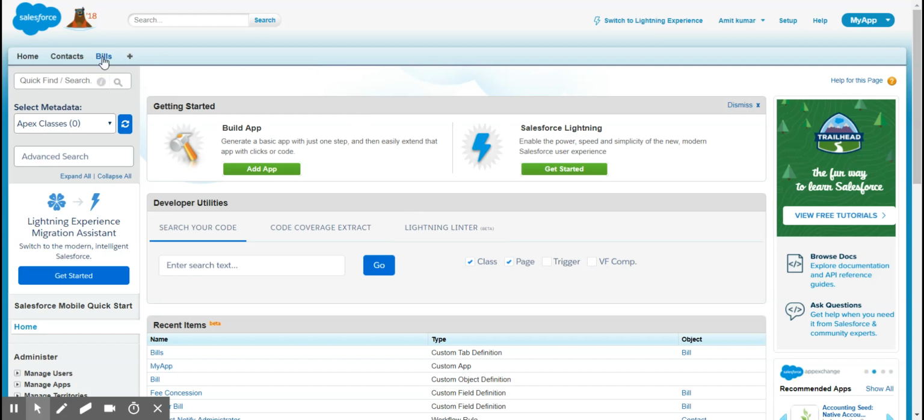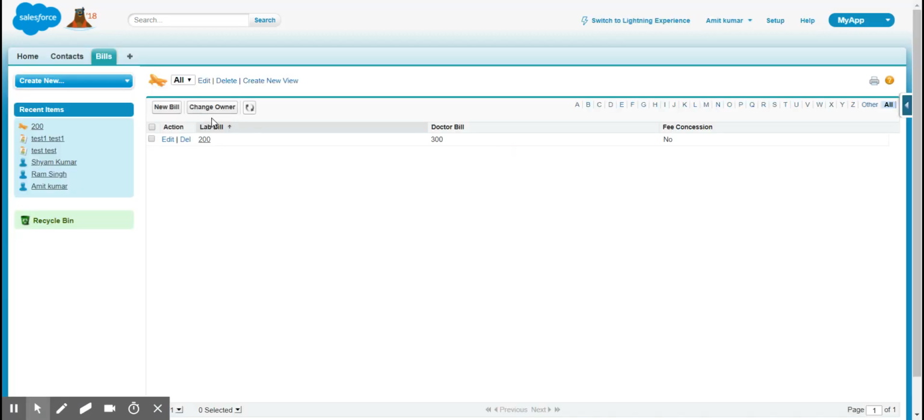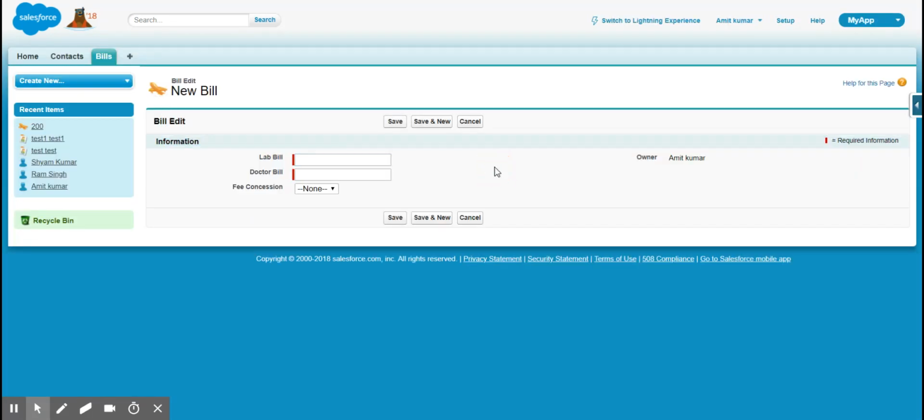So basically this is the custom object I have just created, and I have created one record. Let me show you the layout. Suppose this is the lab bill, doctor bill, and fees concession. And based on the doctor bill, I am going to create an approval process. Suppose if the doctor bill is less than 400, then the approval process will trigger, and it goes for approval for